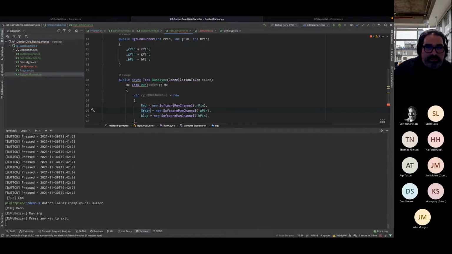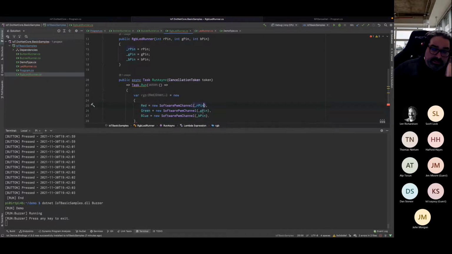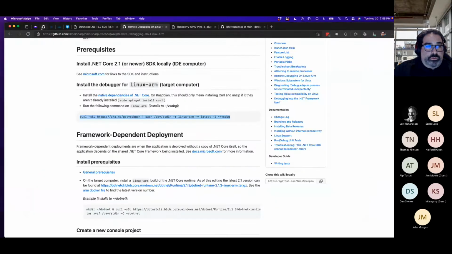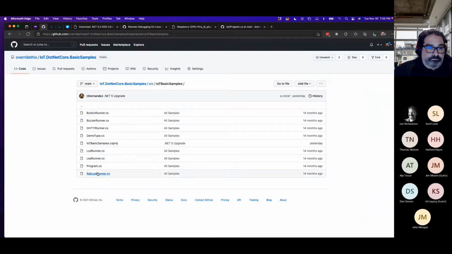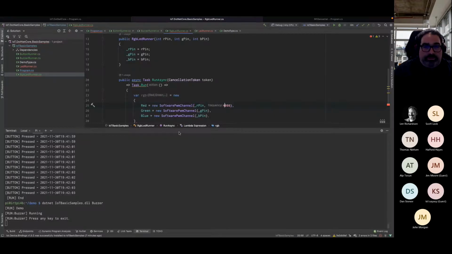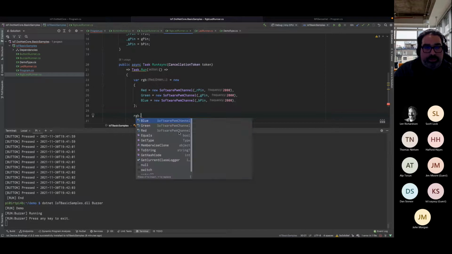The one thing that I'm missing here is, and this actually gave me a lot of trouble to get this working, with PWM you have to specify the frequency that things are going to happen. I may get this wrong. I may have to double check on the original code. Oh, it's actually half. Okay. So it's 2000. And let's get things started.